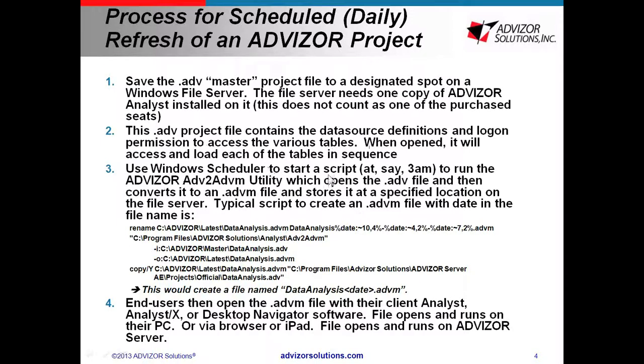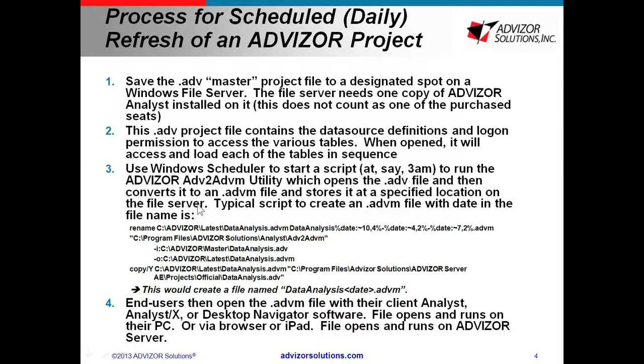Then use Windows Scheduler to start a script at, say, 3 a.m. to run the ADV to ADVM utility. This comes on the install image with the software, so it's back in the program files directory, and if you access it, it will open and run. It opens the ADV file and then converts it to an ADVM file and stores it at a specified location